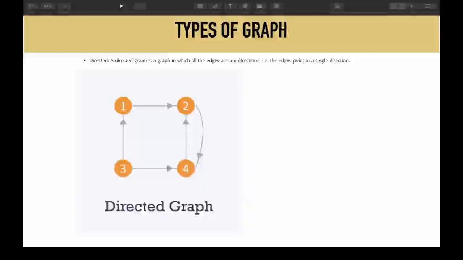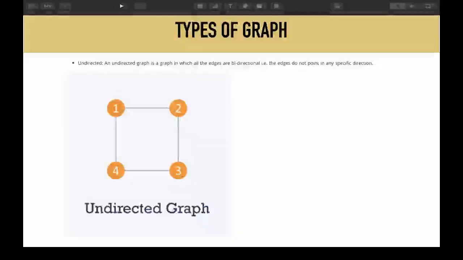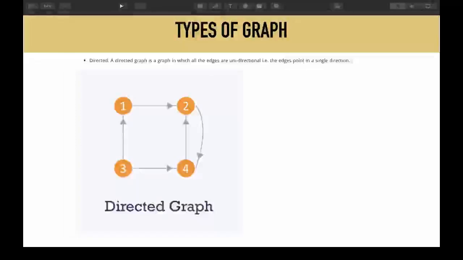Now if a graph is directed, as you can see here, I can only travel from one to two, in a single direction. If I'm standing at one, then I can go to two. But if I'm standing at two, then I cannot go to one directly. So this is something which is known as a directed graph, or it represents unidirectional edges. The edges are represented with arrows, and the arrows have a particular direction. But in case of an undirected graph, we usually don't represent the edges with arrows because it's possible to go from one node to another, and vice versa. So that's why.